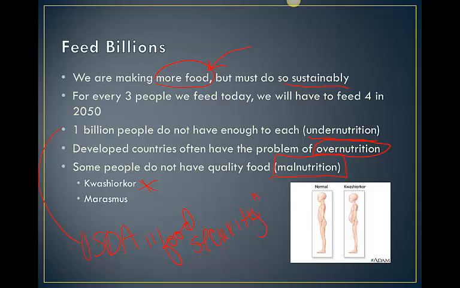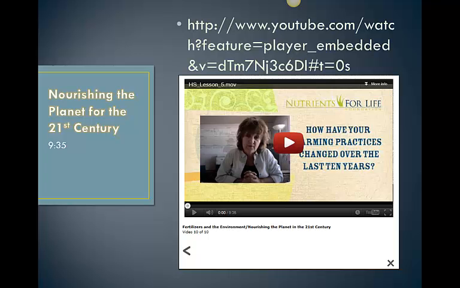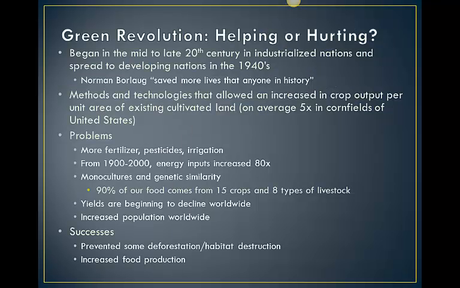Okay. Is this problem getting better? Yes, it's definitely getting better. We have the ability to make more and more food, but it is still a global issue. So when did this ability for us to make lots of food really start occurring? It really occurred late in the 20th century in what we called the Green Revolution.